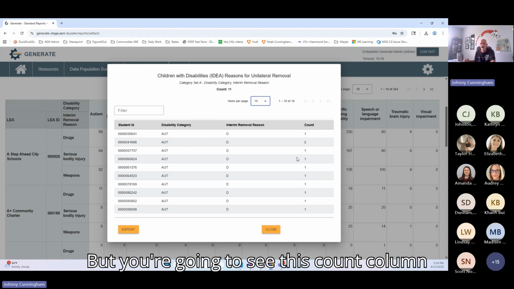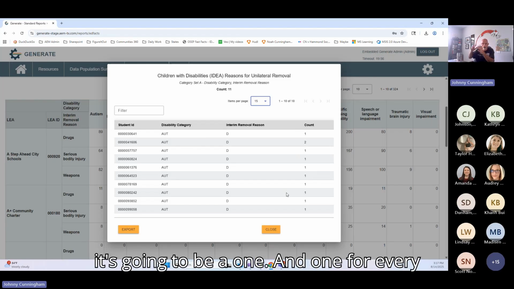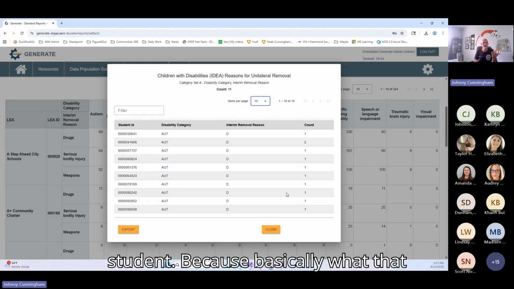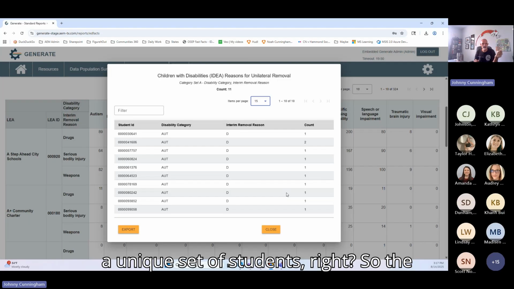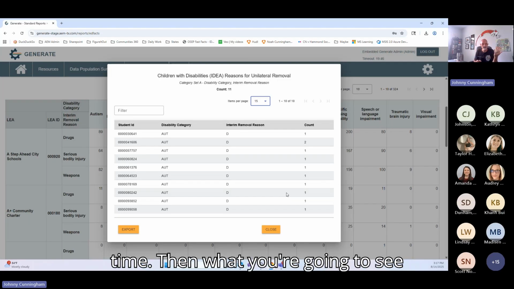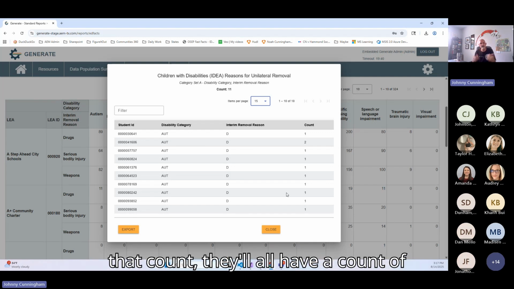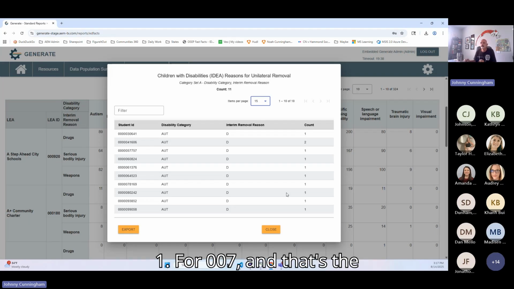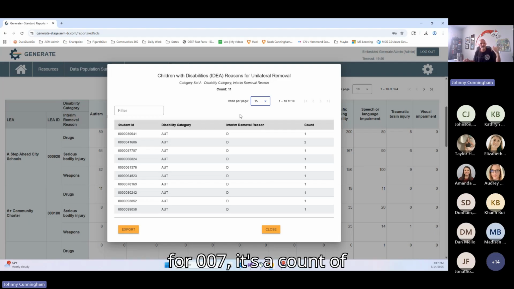But you're going to see this count column in all of them. In some of the reports, it's going to be a 1 for every student, because that means that specific report is a unique set of students. So the student is not reported more than one time, and what you're going to see is a count of 1 for every student. For 007, and that's the reason I use this one as an example, it's a count